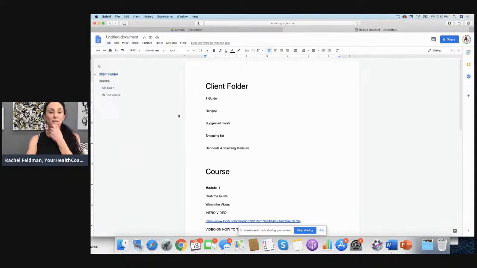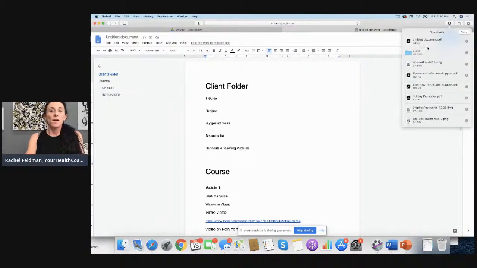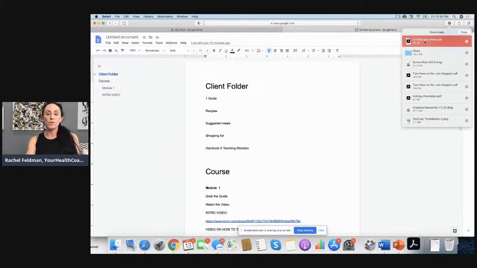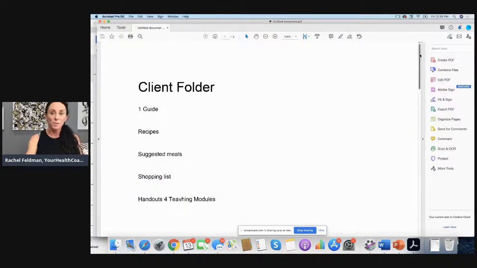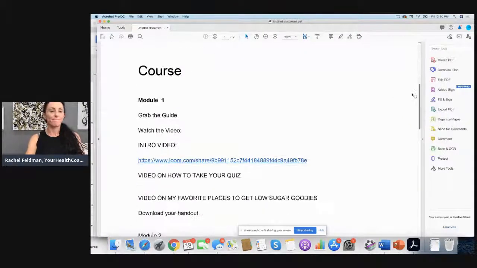Download as a PDF. I tell you this because it took me so long to either hire somebody to put clickables in, or I was worried that I was giving somebody a Word document. Click. What's nice also about doing it in this format is if you are like one of the many coaches